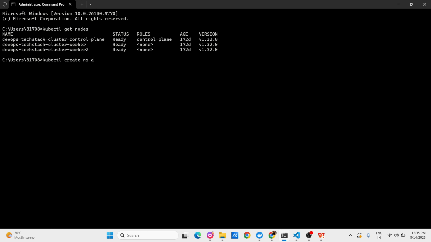kubectl create ns argocd. Okay. This namespace we have created on our kind cluster. Now, what is the next step? After that,